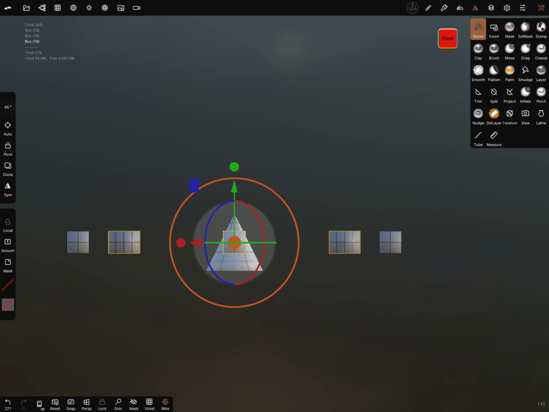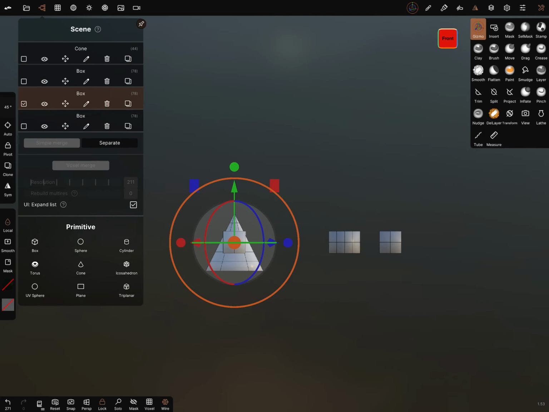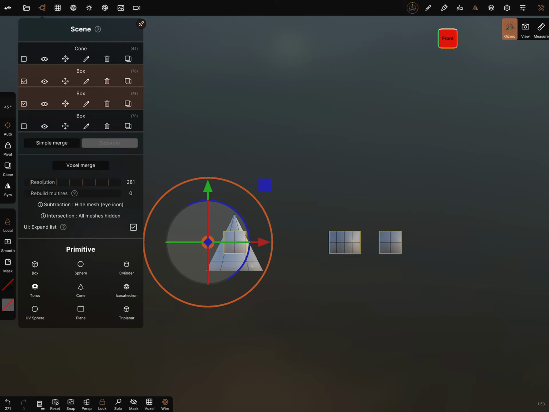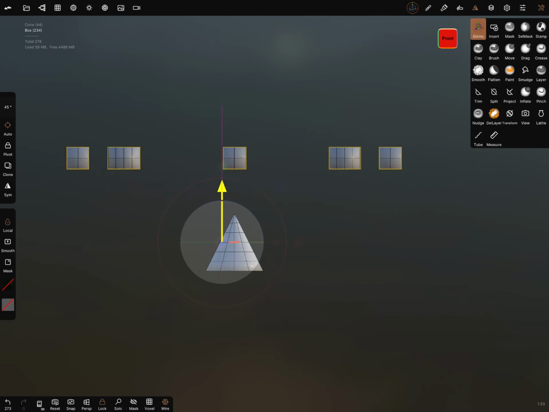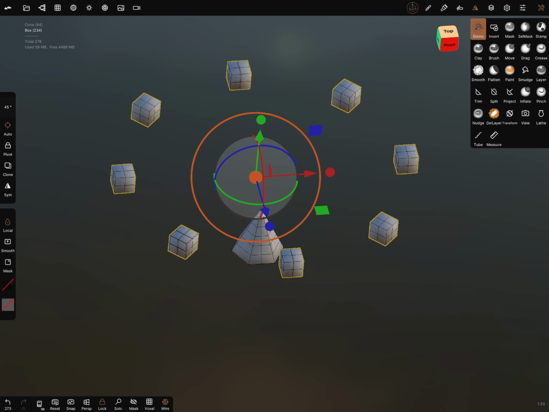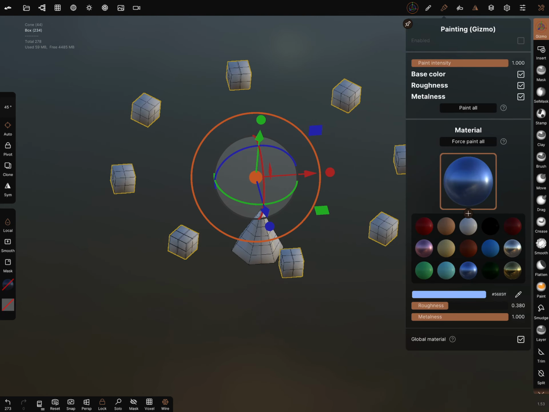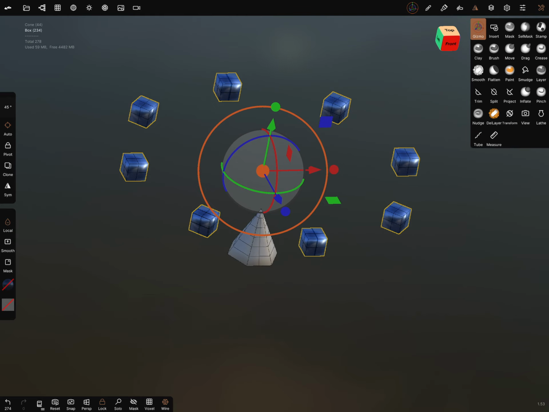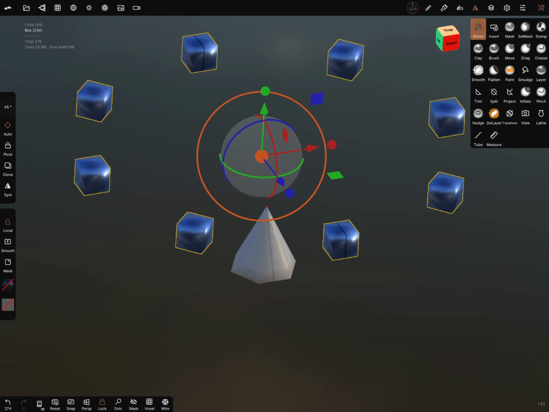Okay, it's correct. And now we can simply merge the objects and bring it, for example, up. And force paint it. Wireframe off.